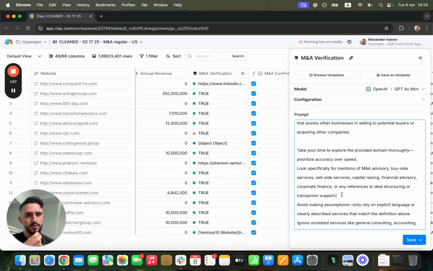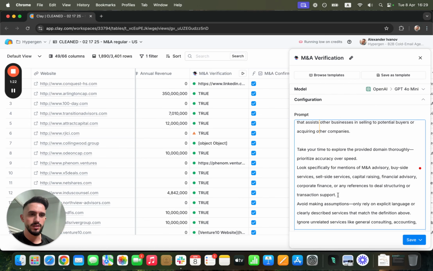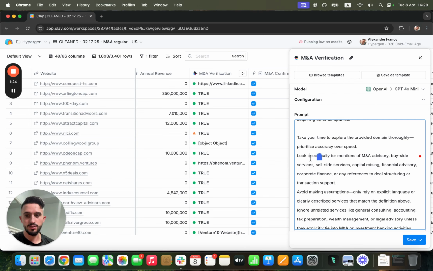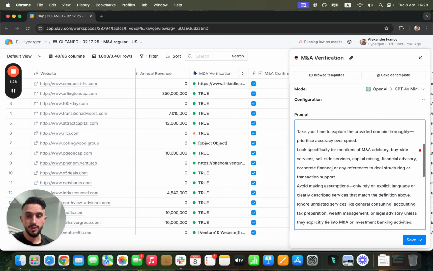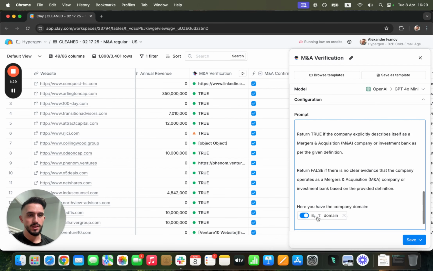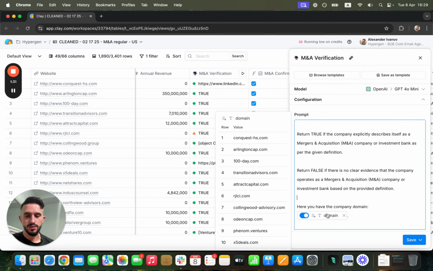In this case, you need to specify things. You can't just tell it, is this a website of an M&A advisor or whatever? You need to specify certain keywords to look for, certain things that you would find on their website. Feel free to change this based on whoever you're reaching out to. The only thing you will need is the domain.